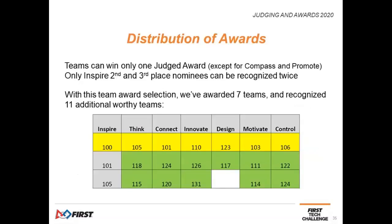So let's just quickly talk about distribution of awards. Teams can win only 1 judged award except for the Compass and Promote, and only the Inspire 2nd and 3rd place nominees can be recognized twice. With this example that I'm showing, you will see that we have awarded 7 teams and recognized 11 additional worthy teams. So you will see under the Inspire column,